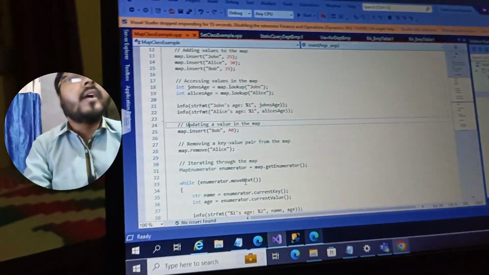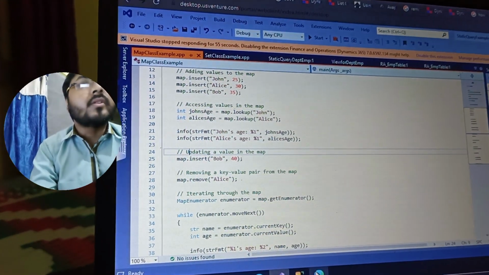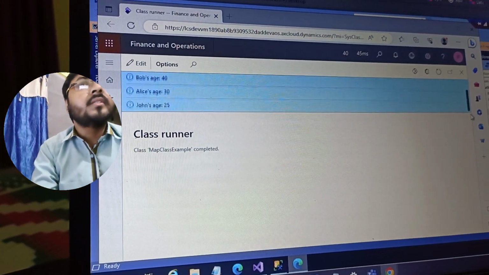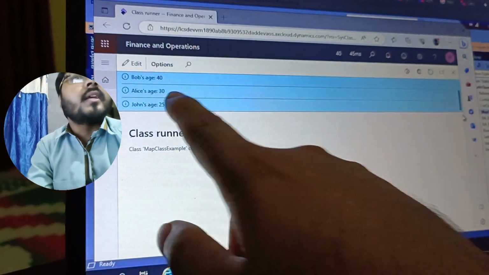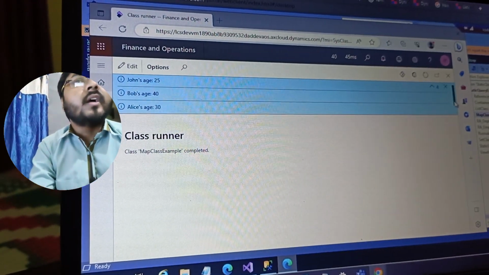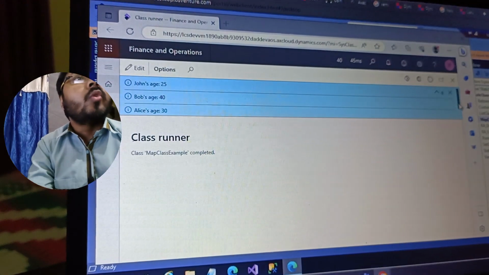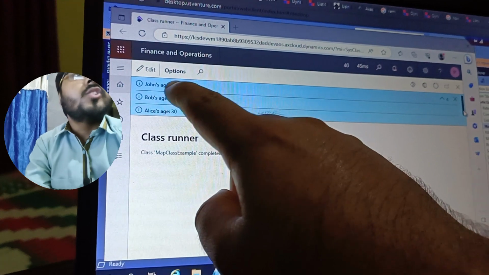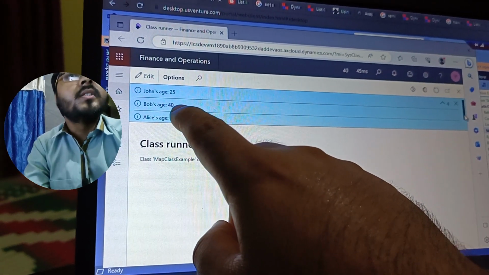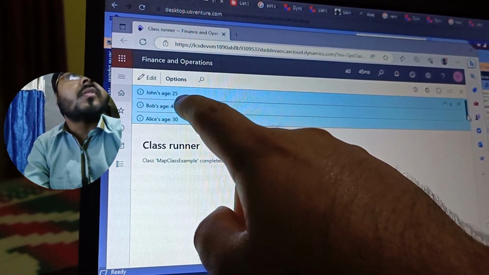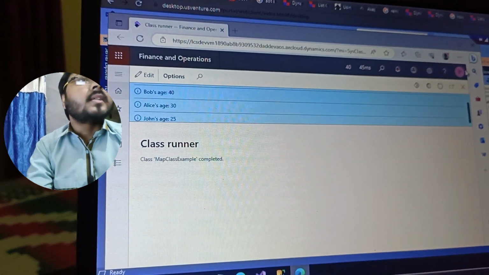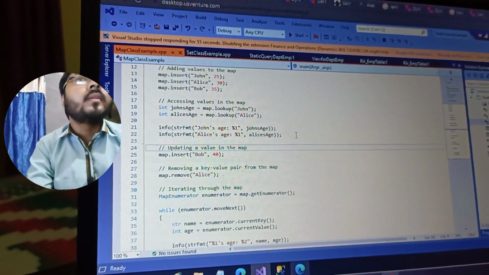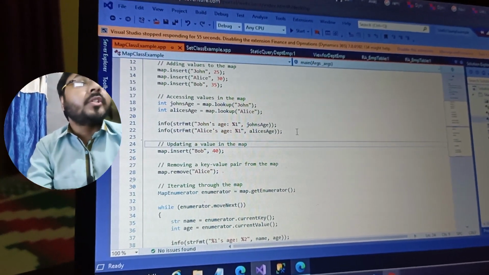For that you have to just build and run your program. So you can see here that it is showing John's age, then Alice's age, and after that we have updated the value of Bob's age and deleted Alice's age. That's why these two values are showing for the enumerator. So Bob's age 40 and John's is 25. So this way we can use the map in our